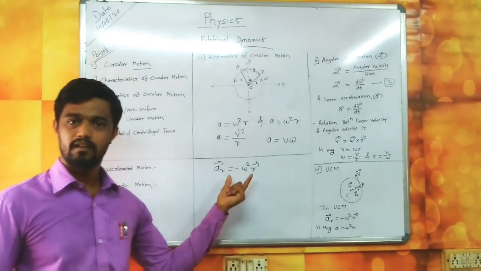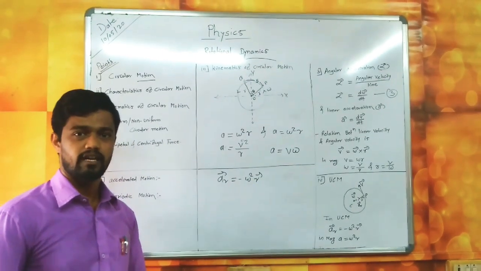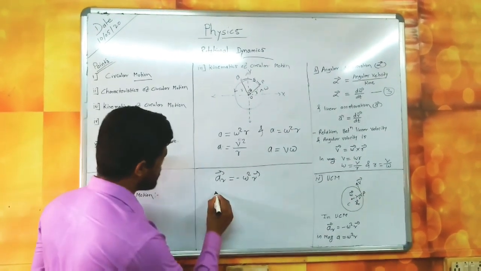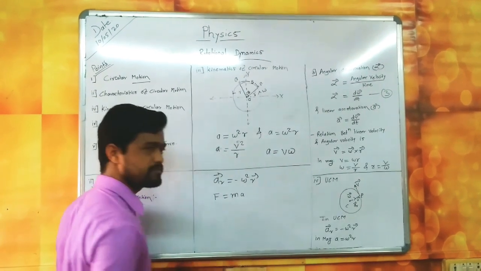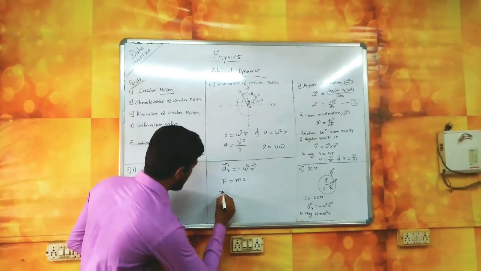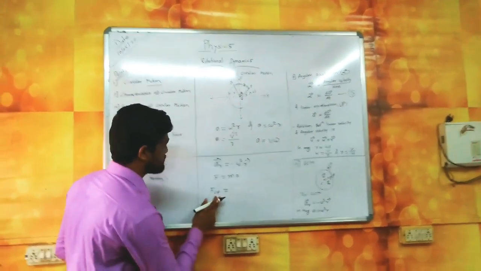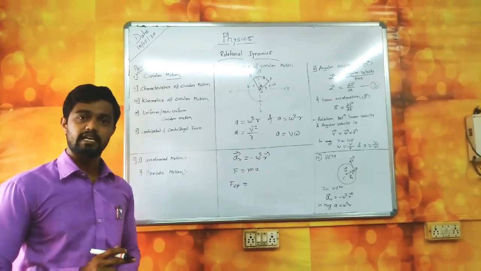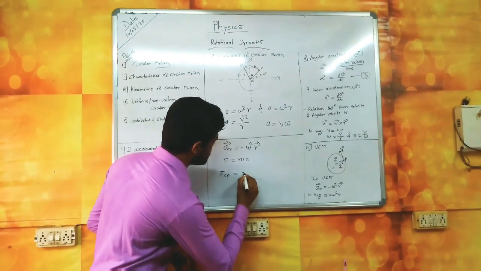So according to Newton's second law of motion, F is equal to ma, mass into acceleration. This force is the centripetal force, F_CP. I repeat, F suffix CP. Centripetal force is equal to mass as it is